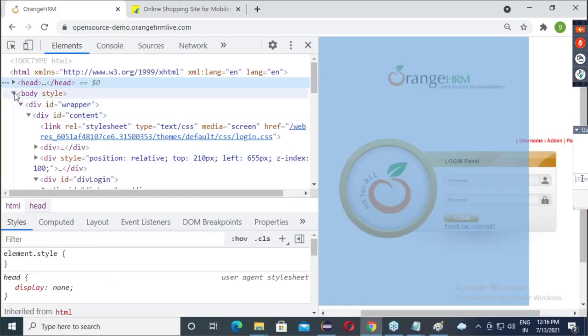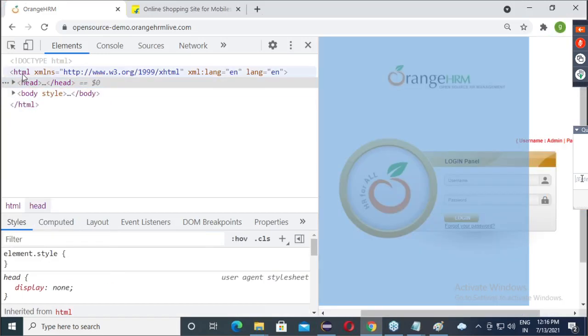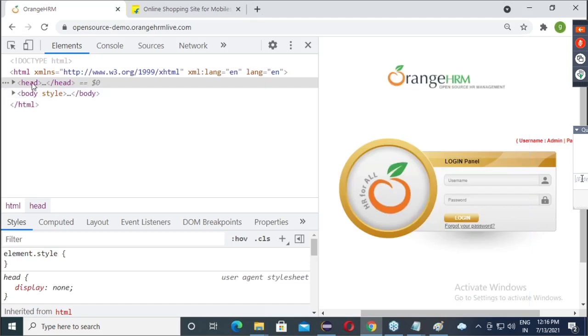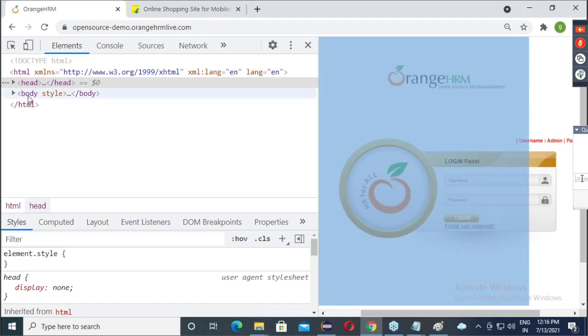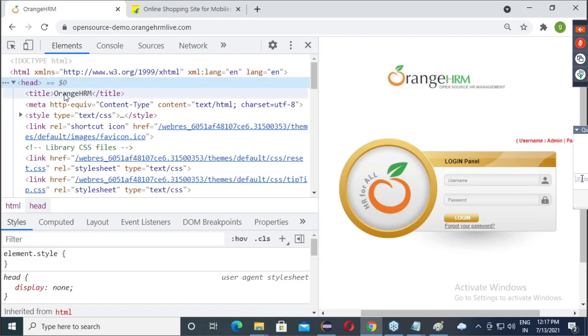I'll just unexpand this. Can you see? Every web page starts from HTML open, HTML close. Okay, is it visible? Yes. Okay. So HTML open, HTML close. In this, can you see it? Means the header part. If you go to body, here it is highlighting the entire body, the entire web page. So in a header, are you having a title? And see, this is the title reflected here.